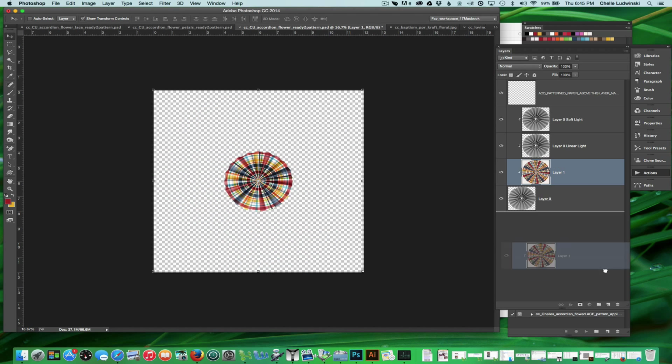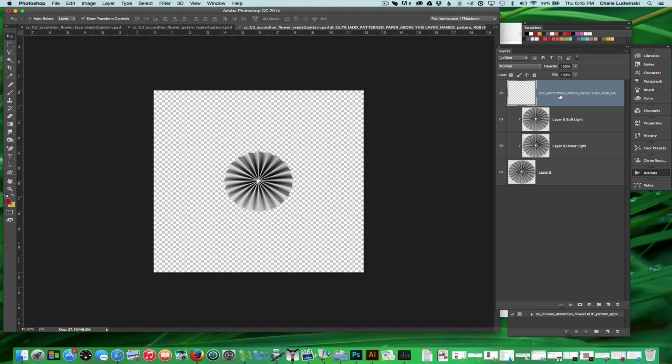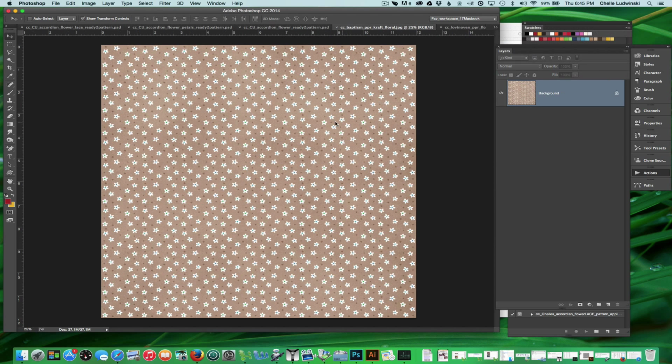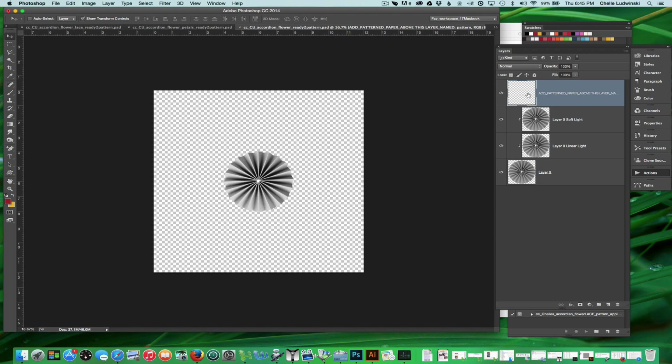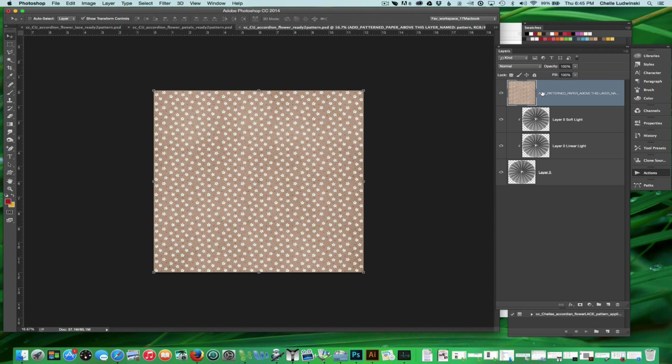But if you have something else, then you try to make it work, it won't, and that's what this action is for. You will notice that there is a layer on top that says Add Pattern Paper above this layer and name it Pattern, all lowercase. And so we're going to go back to one of our patterns. Let's go over here with this floral. Command A to select all, Command C to copy. Now you can drag it on, you can copy it and paste it, whatever you want to do. I'm just going to drag it and paste it, and this needs to be called Pattern,